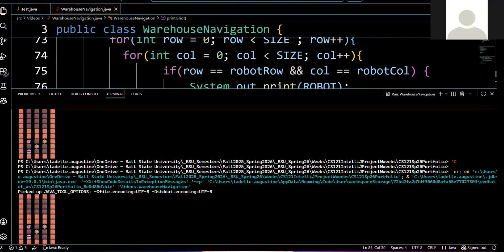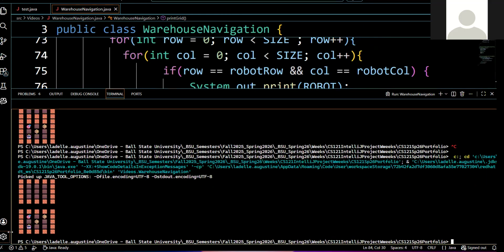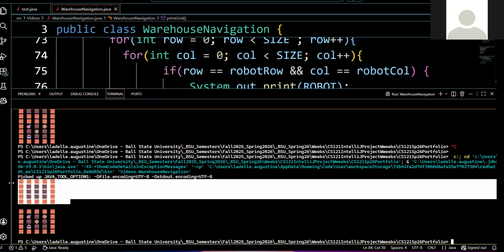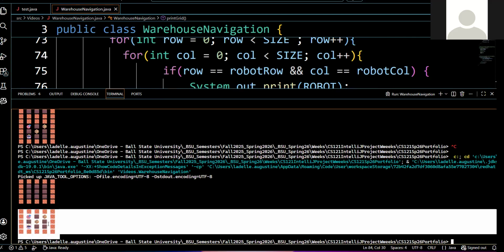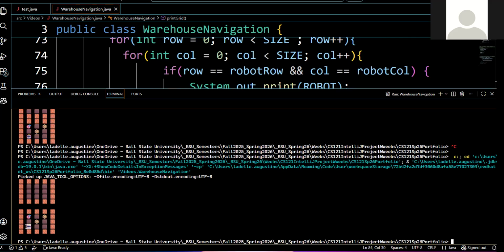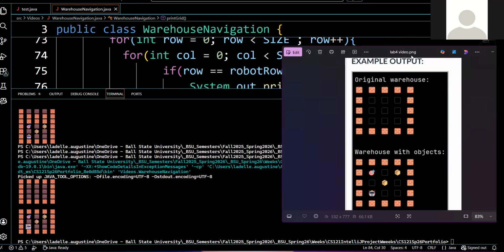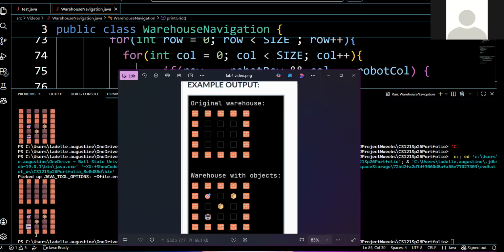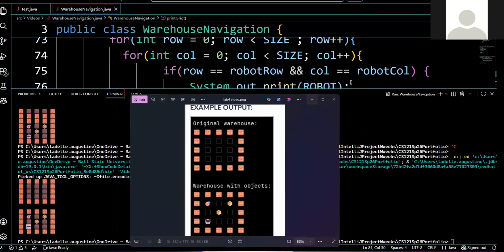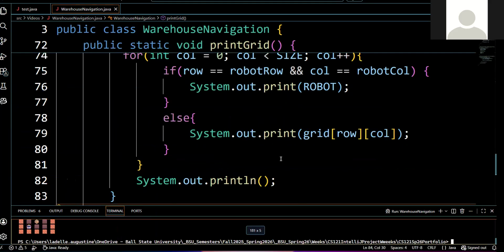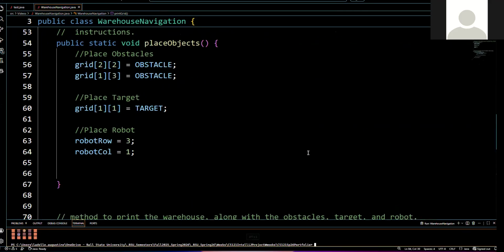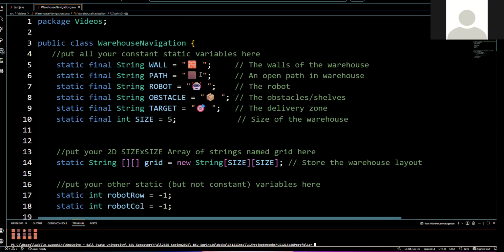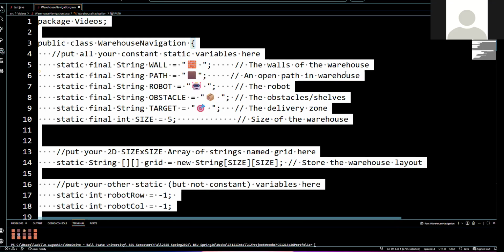All right, so now when we run this, we see, okay, our original grid and then our updated grid. And we see that our robot gets placed exactly where we want it to be. Now the next thing is to check, does it match the example output that the professor gave? Yes, it does. Now, one of the things that I wanted to bring to your thoughts is if, for example, you did not do the spaces at the beginning here, let's say we forgot to do that and we did save,